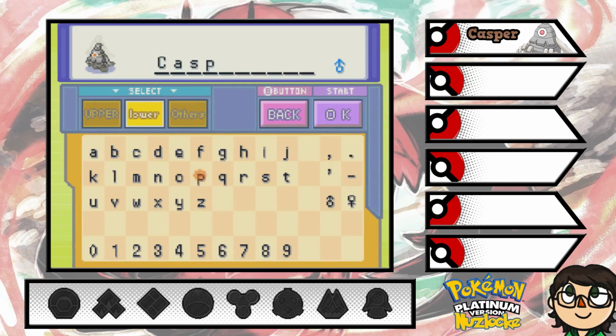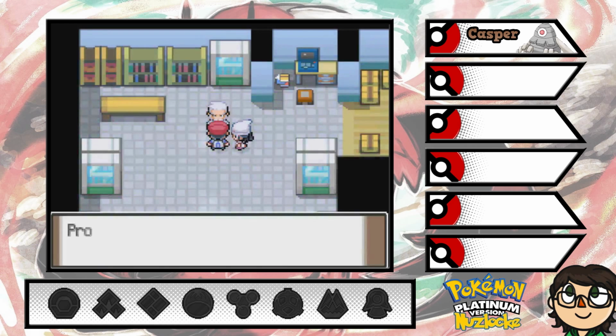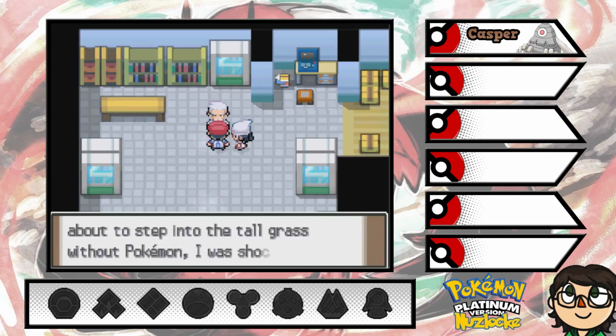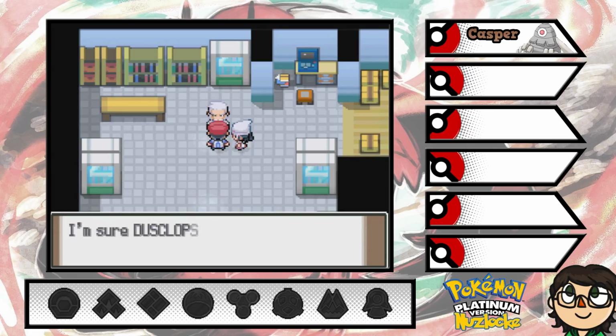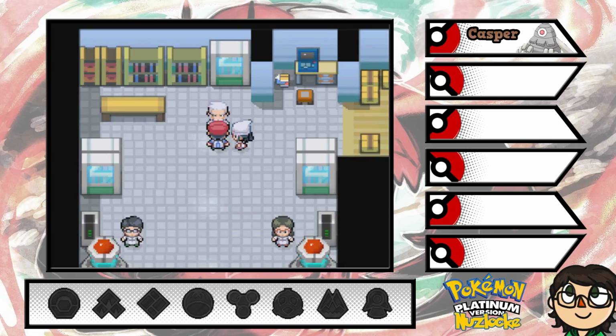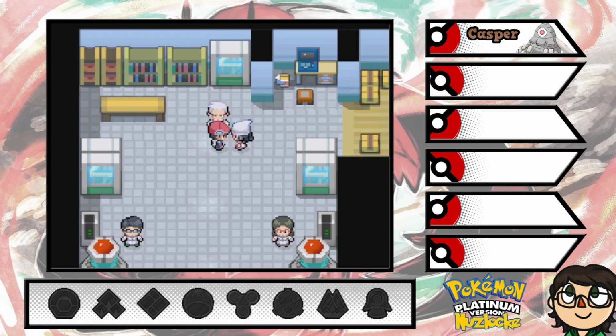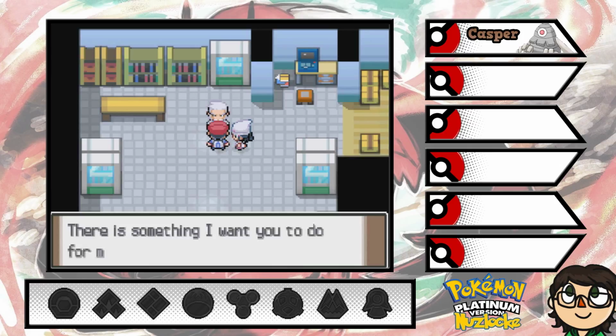I don't know, randomized, and we're gonna call him Casper. And he's a boy too, so it works. Yes, I'm happy with the name Casper. This describes his name is Casper. Alright. Now I get told that he wants to give me...